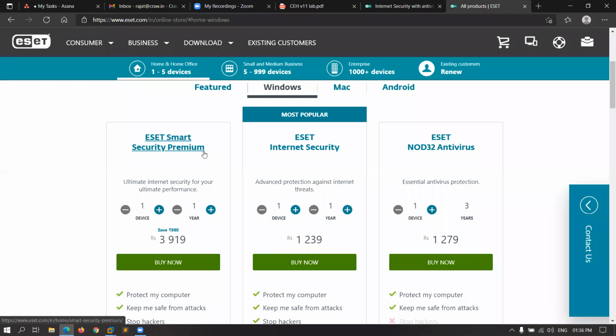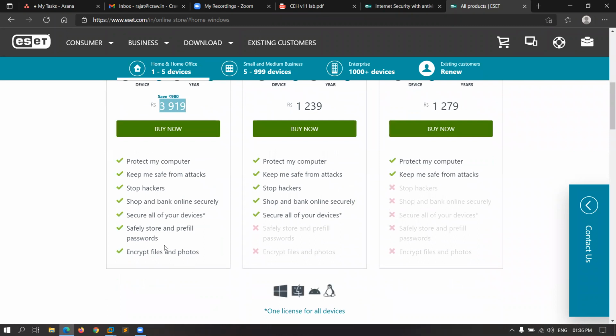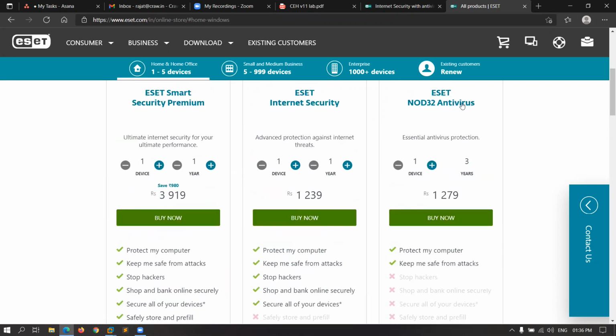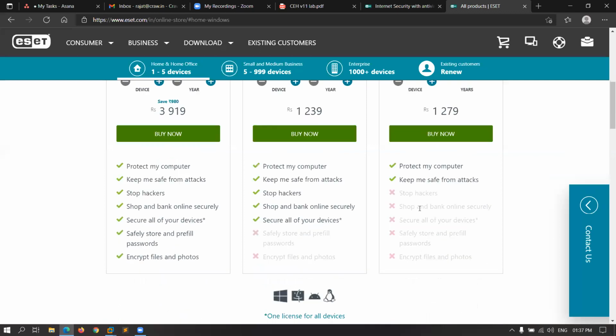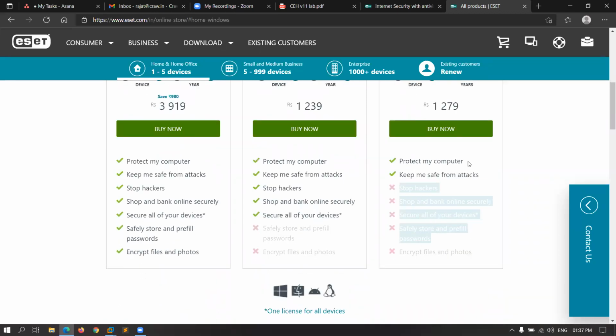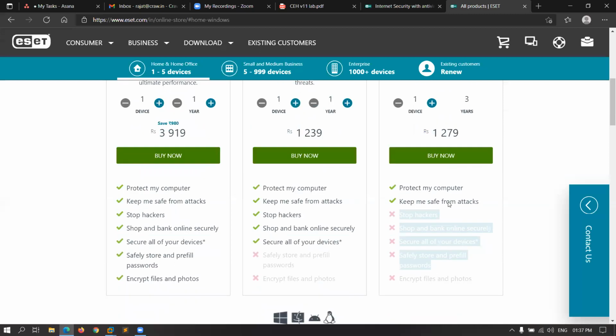इसका प्रीमियम सिक्योरिटी बहुत महंगा है। बस एक ही फीचर है इसमें, एक दो फीचर एक्स्ट्रा हैं, सेफली स्टोर एंड प्रीफिल पासवर्ड्स, पासवर्ड मैनेजर भी है इसका, और इनक्रिप्ट कर देता है ये आपकी फाइल्स और फोटोज को। बस इसमें ये 2 फीचर एक्स्ट्रा हैं, बाकी सारी चीजें सेम है इंटरनेट में और प्रीमियम में। और अगर नॉर्मल वाला है तो वो लेना बेकार है, जब आप इतना दोगे तो उससे सस्ता तो यही है। बस नॉर्मल वाले में कम फीचर्स है। यहाँ पे 3 इयर्स का है ना ये, अच्छा हाँ वो भी है। यहाँ पे आपको ये सब चीजें प्रोटेक्टेड नहीं मिलेंगी। ये सिर्फ उनके लिए जो ऑफलाइन यूज करते हैं सिस्टम्स को, बस।